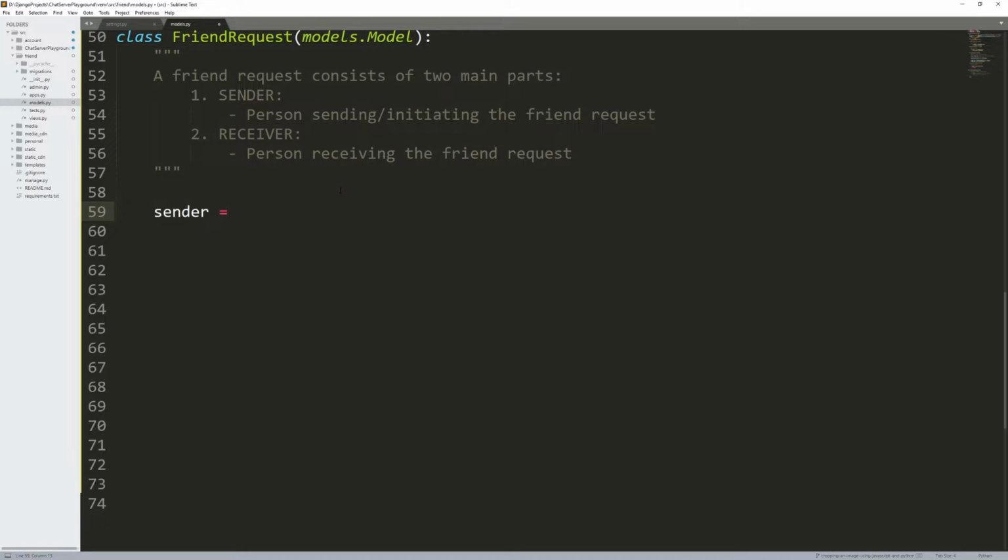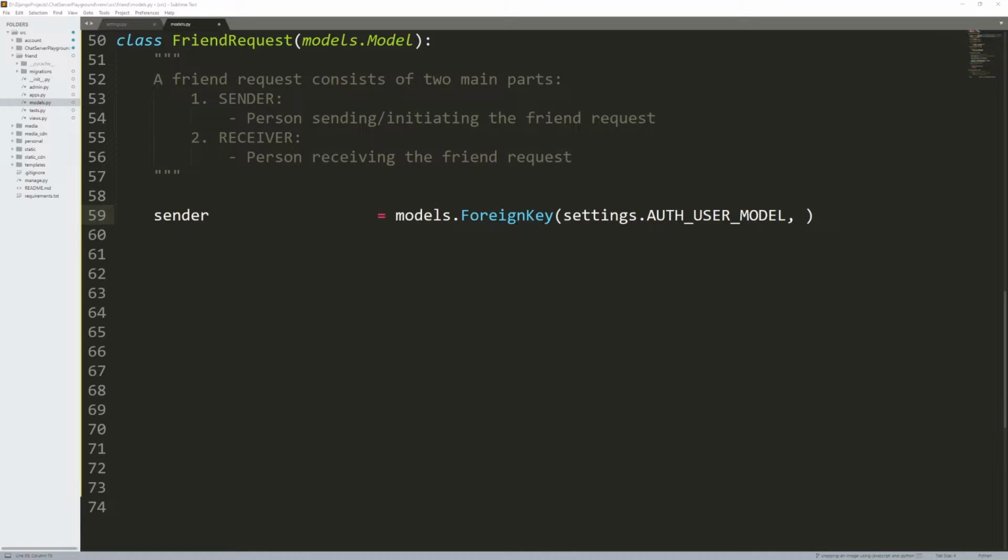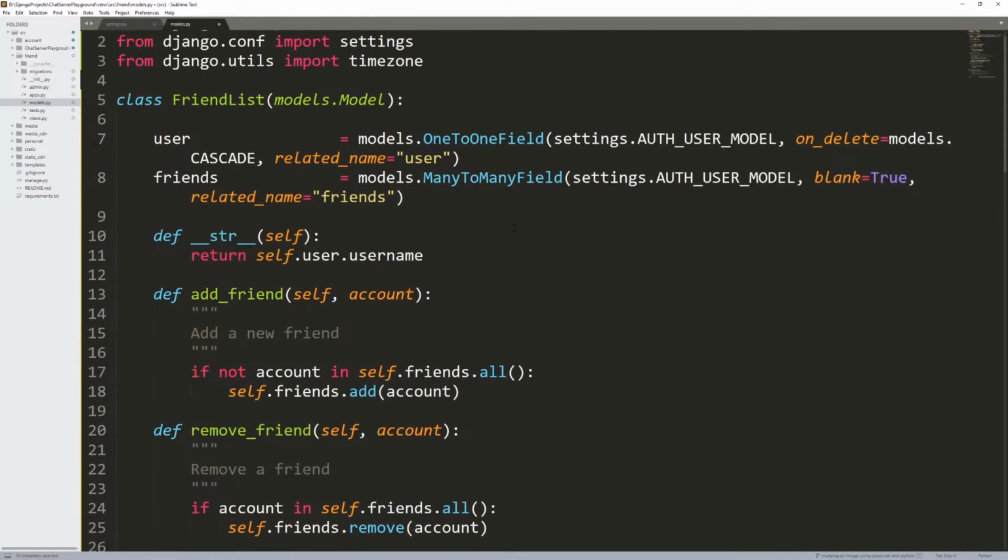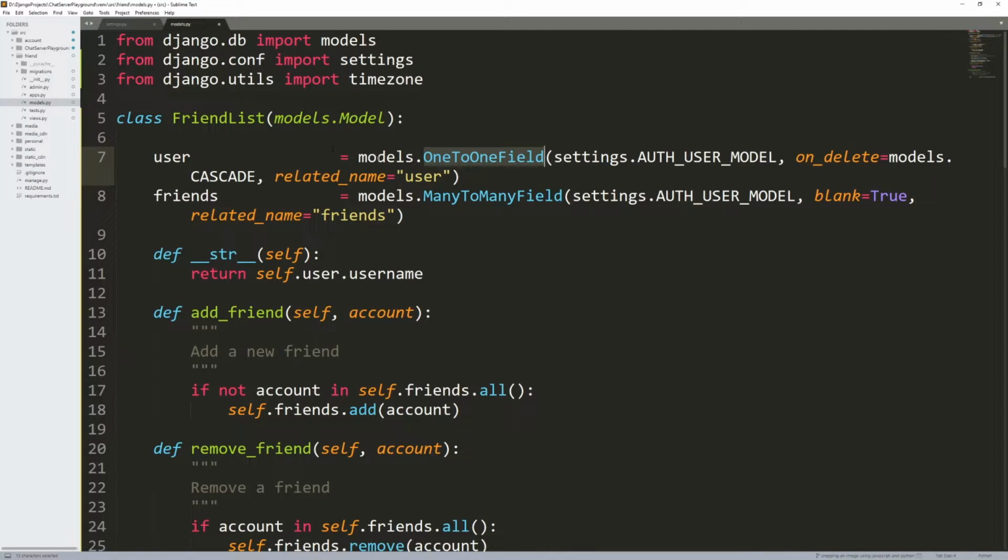So we have the sender. I'll do a bunch of tabs here. models.ForeignKey, and settings.AUTH_USER_MODEL. Now you might be wondering why I used foreign key here, and if you scroll up to the top here, I used one-to-one field. And if you were paying attention up here when I defined this user field, I said